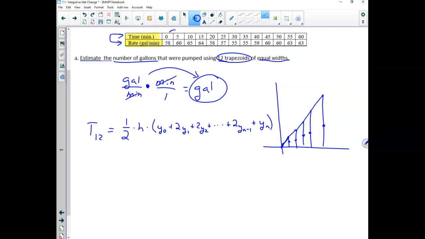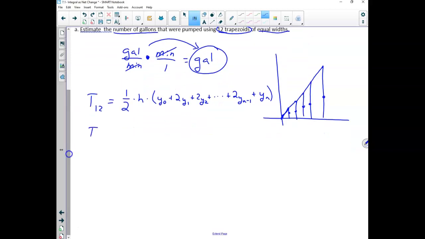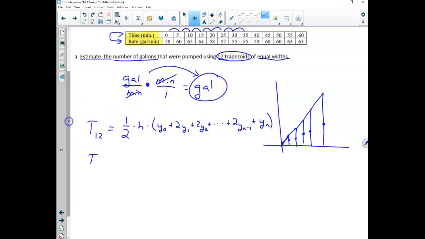Equal width, I can see my width between each time interval here is 5. That's my horizontal distance, that's my height. So my trapezoid sum using 12 trapezoids is going to equal 1/2 times my consistent equal height of 5 times